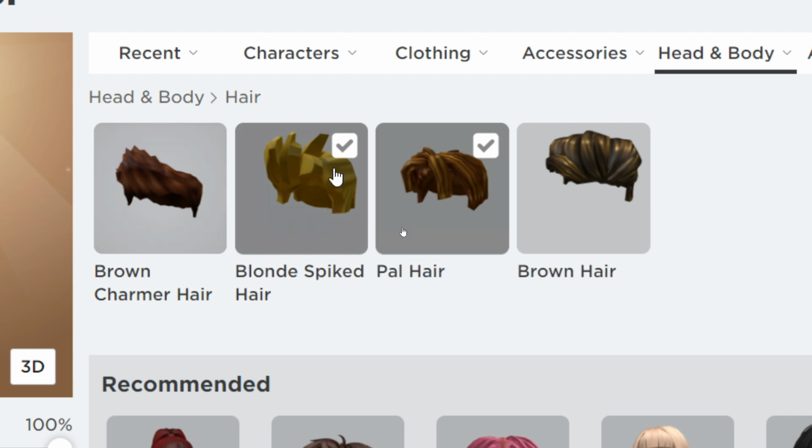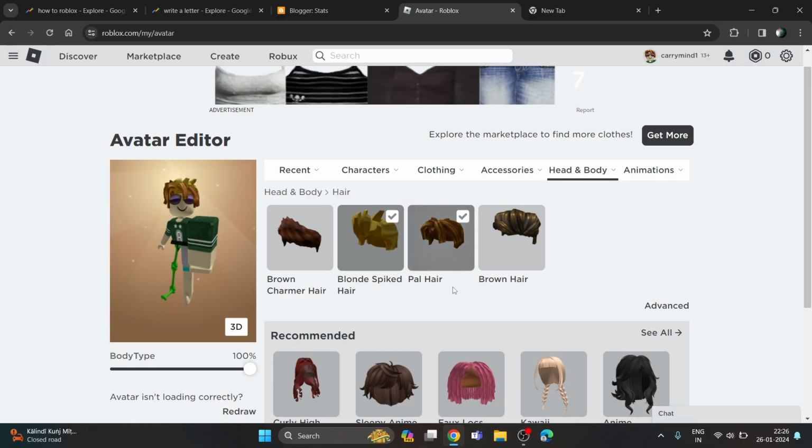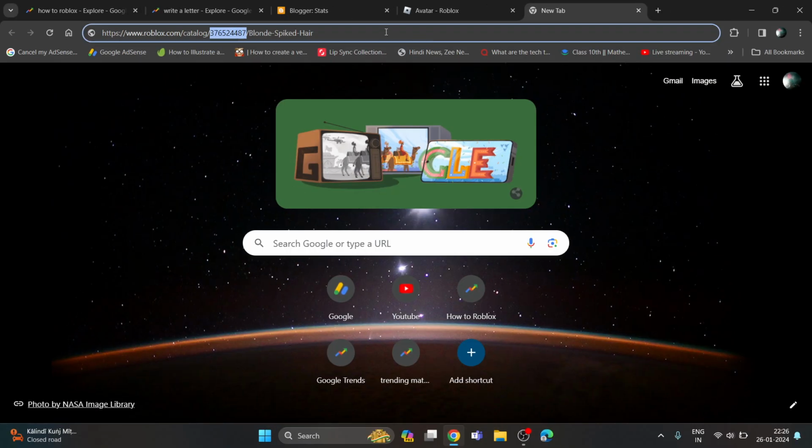So if you want to select multiple hairs, this trick only works for 2 hairs. If you want to wear 2 hairs, it is fine, you can use this trick. But if you want to select multiple hairs, this trick won't work. So what you have to do, you have to open a new tab and just search for this keyword,